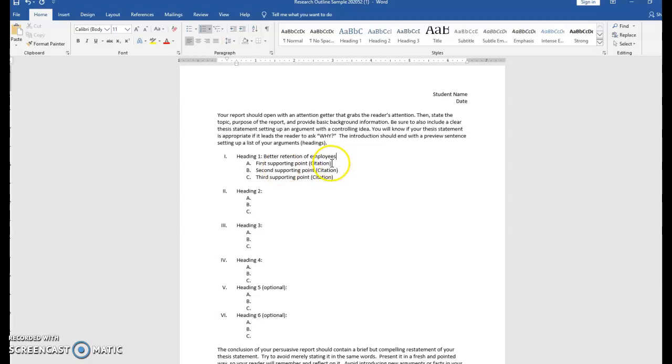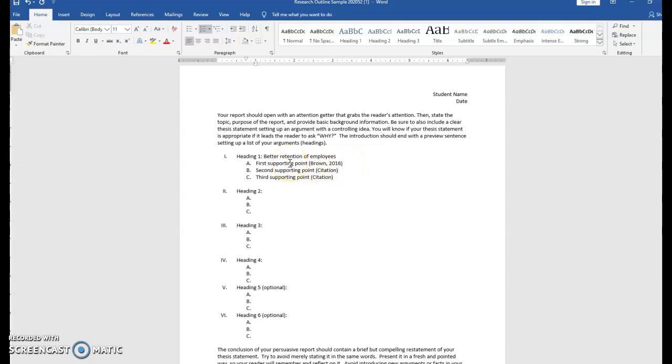And beside that concept, please include the citation so that you can tell from your planner where you got each piece of information from. So if this first supporting point came from the article by Brown, written in 2016, you would actually put that information here in your citation.